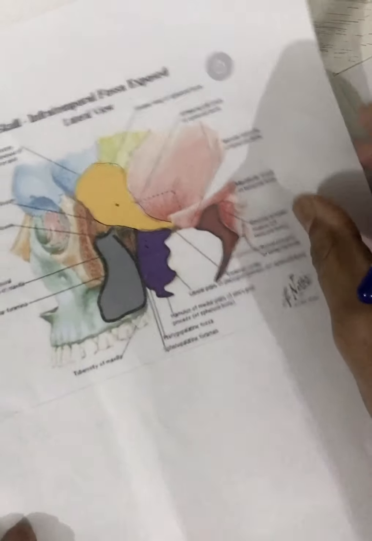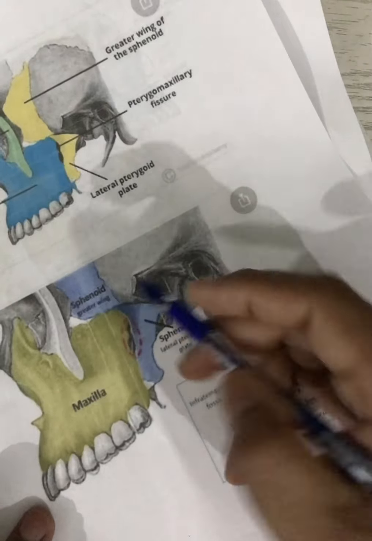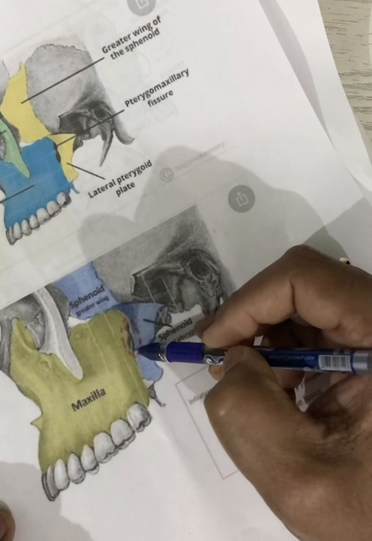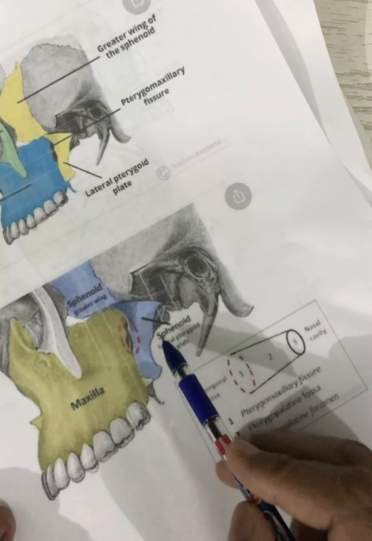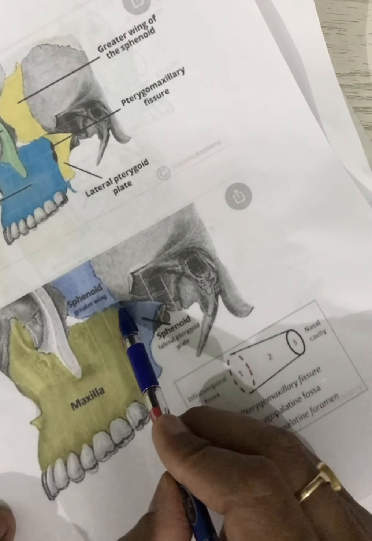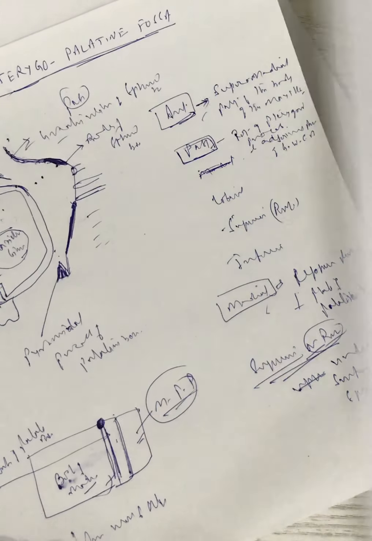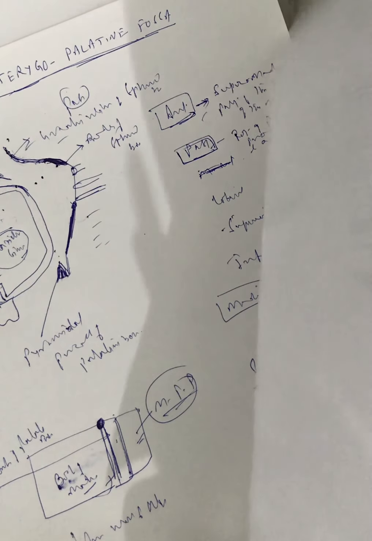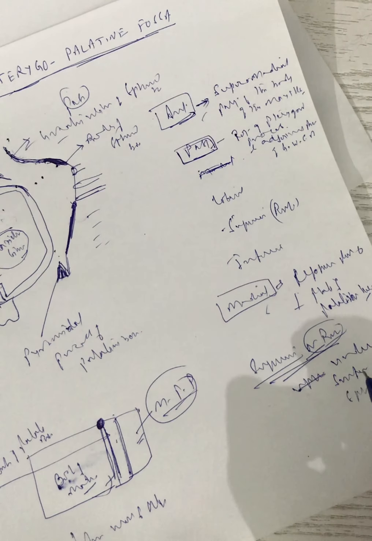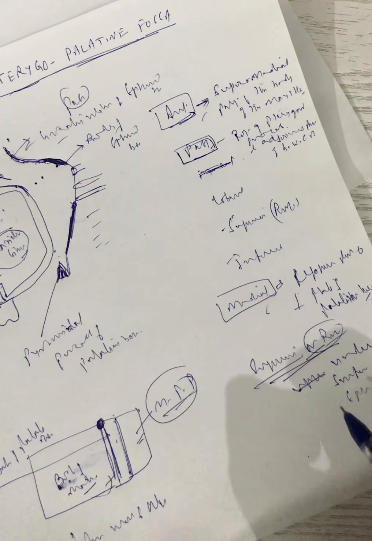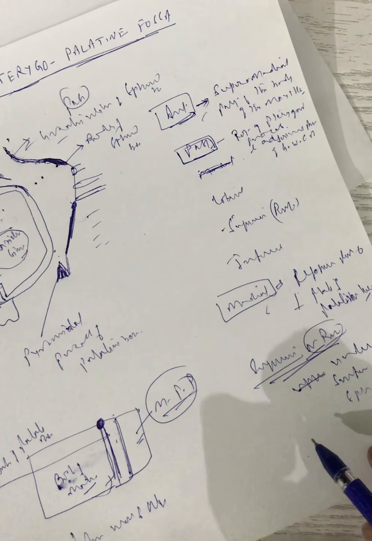Here, in this diagram, you can say that this is the pterygopalatine fossa, and see the greater wing of sphenoid bone, see the pterygoid plate, and this surface is under. If you go down inside, then you can see over there the body of the maxilla. So the under surface of the body of the maxilla forms the superior wall, or the roof, of the pterygopalatine fossa.